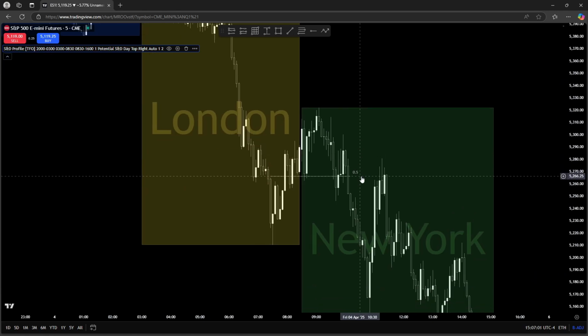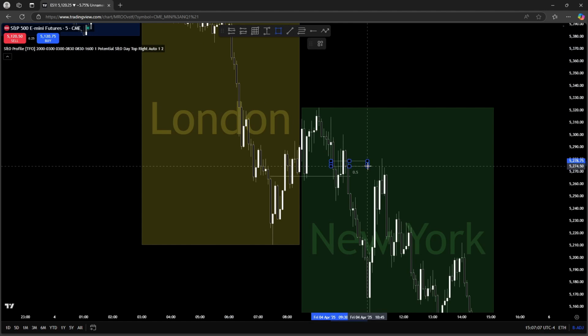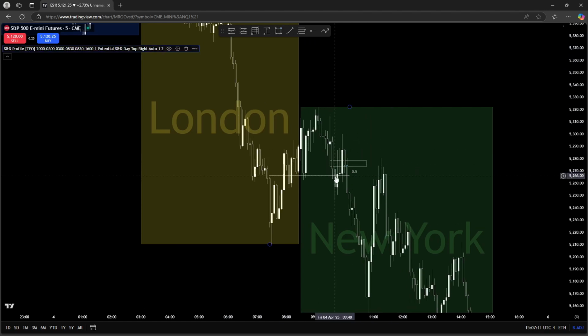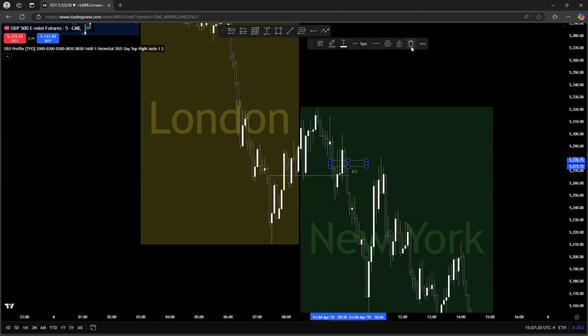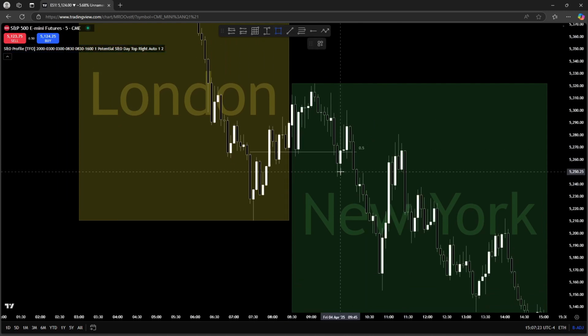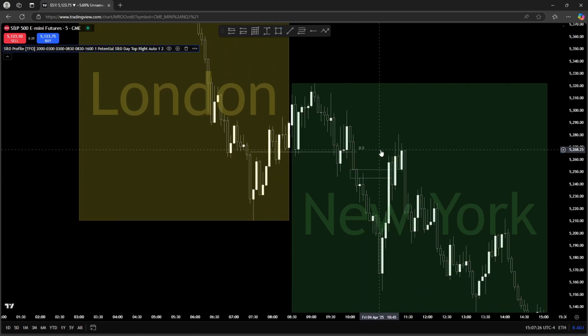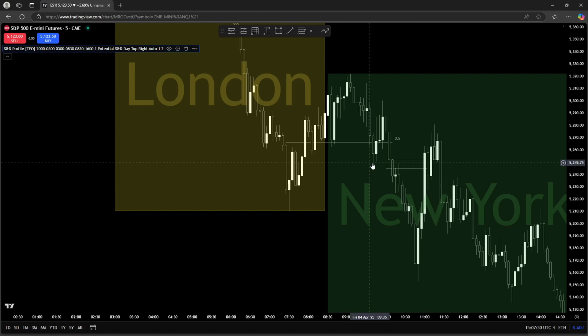Where is it? We had this initial 5-minute gap here, but I did not like this at all. I mean, it really didn't give me anything clear. Didn't really like it, so I avoided this 5-minute gap. I waited, and then we had another drop lower, and then we had 2 5-minute gaps right here. I wanted to see what price was going to do.